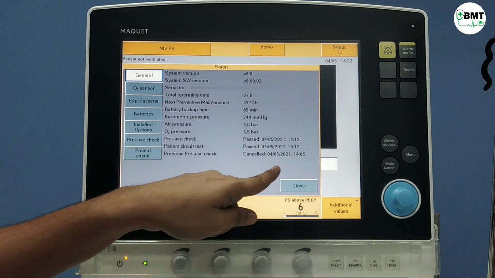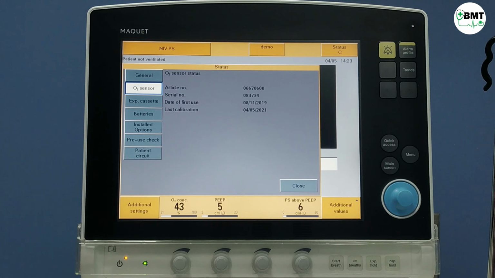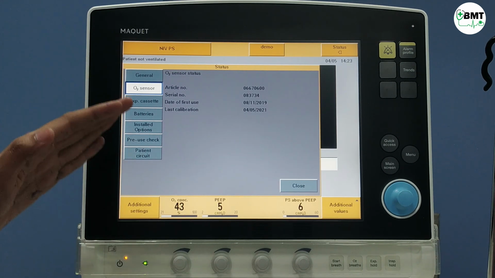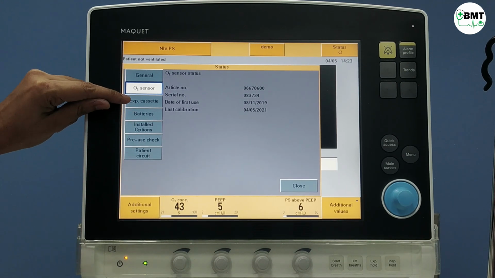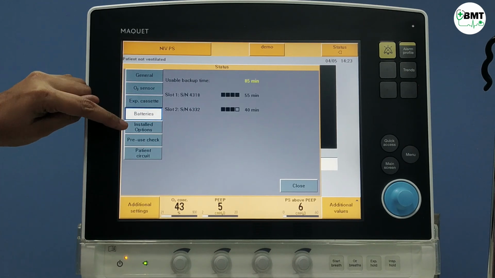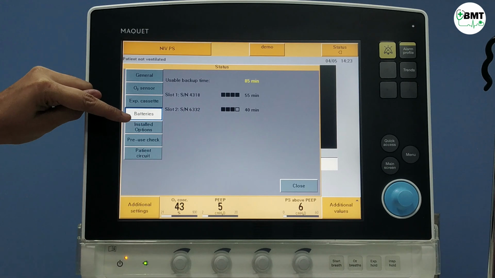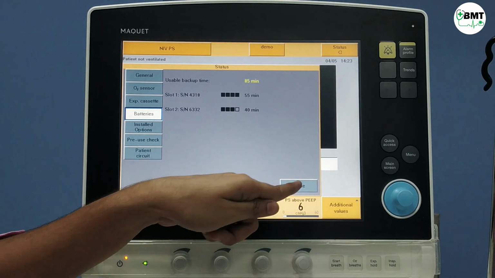It will show the status over here. You can also see the O2 sensor status over here. You can also see the last calibration status of the O2 sensor, whether it was done or not. Then expiratory cassette status, your battery status, how much backup time it will give, and all the rest. Close.